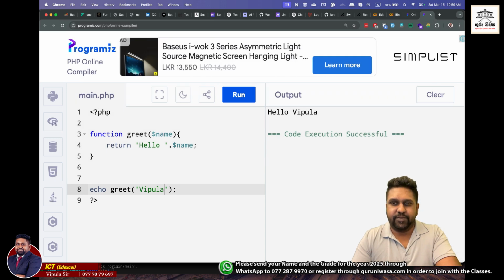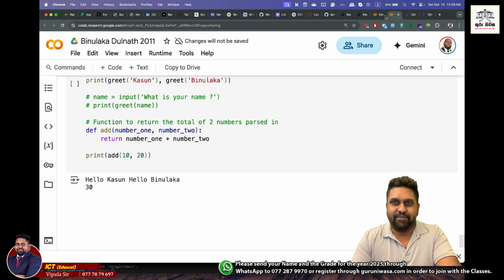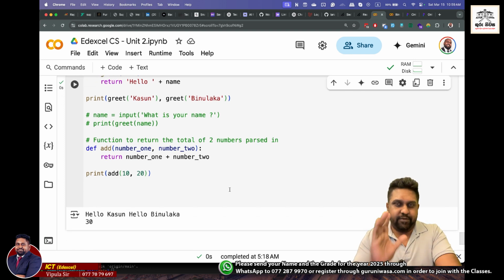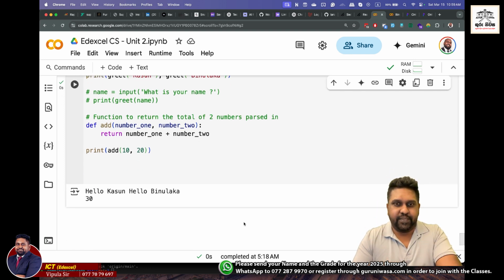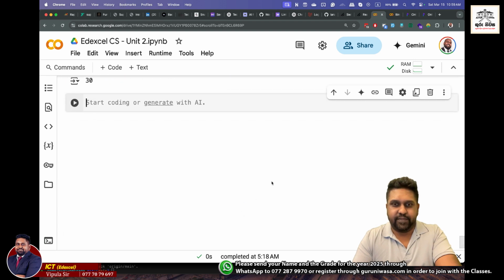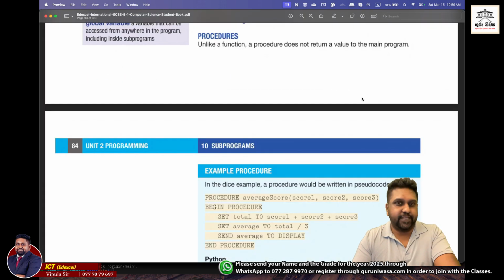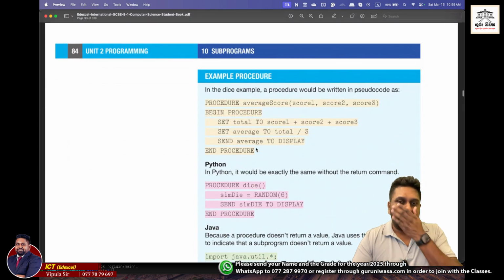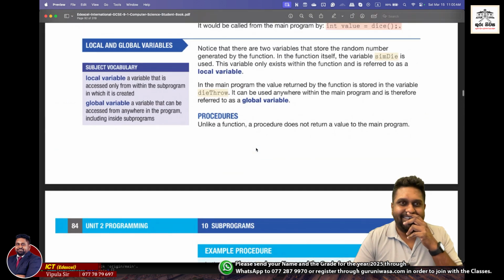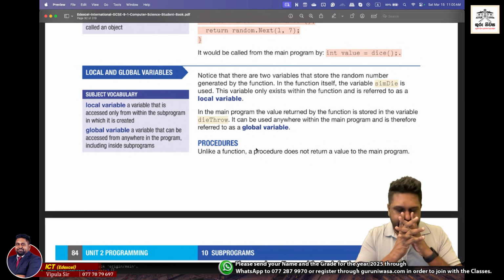Okay, so jumping back to the Colab. Now I hope you guys have a clear idea about functions. Let me jump into another section inside the functions where things get a little bit interesting. Now when it comes to code, we do have two different